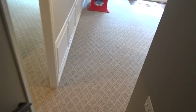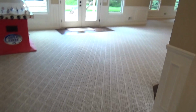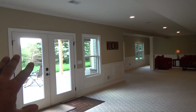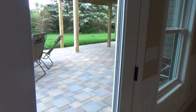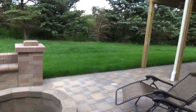Here we switch to Berber carpet. Use the same heavy 8-pound pad though, and then we open up into this finished lower level. This is a walkout, of course, so as you come out of the stairway, you're looking right across at the walkout. Here's your brick paver patio out here, and your fire pit right there, and a little view of the